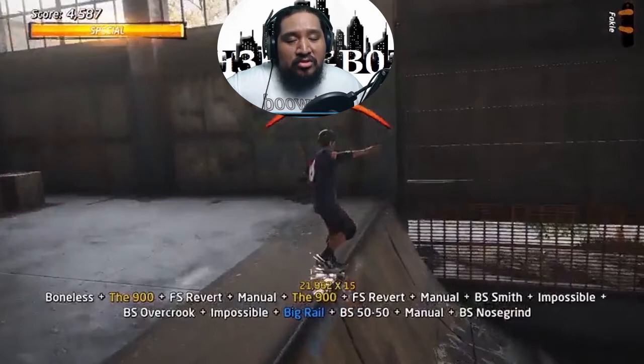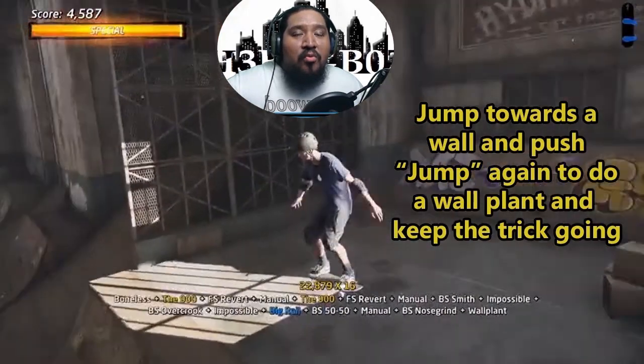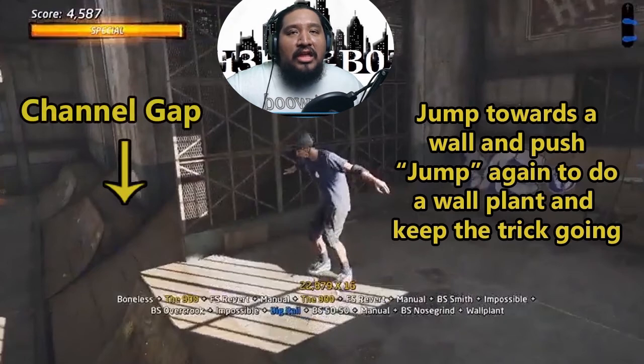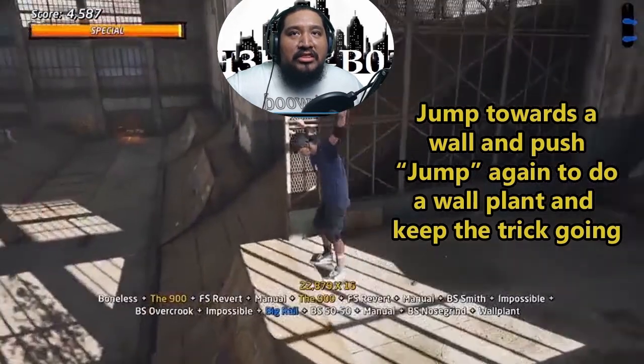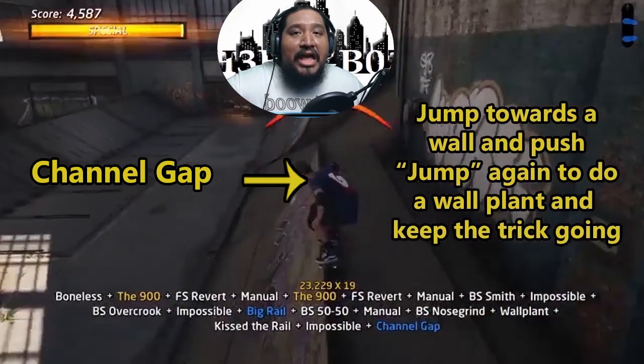So the way you do that is you go towards a wall, you release the jump button, then you push the jump button again when you hit the wall, and you will do a wall plant, and it's going to launch you off that wall. And then you can either manual or grind depending on what's in front of you. So see that there? Another thing that's also going to help you in this case, if you see those channel gaps,